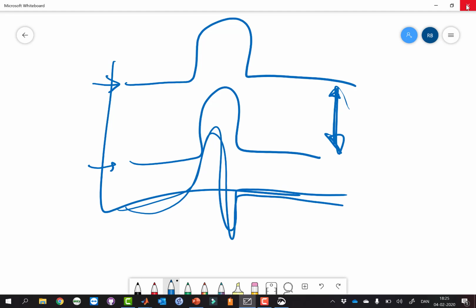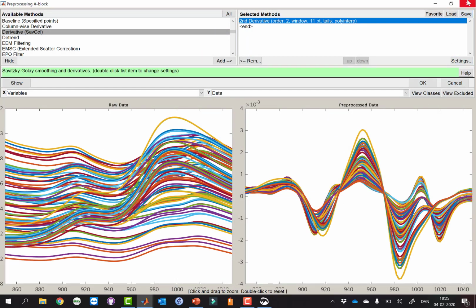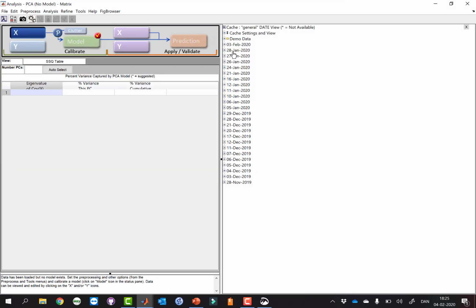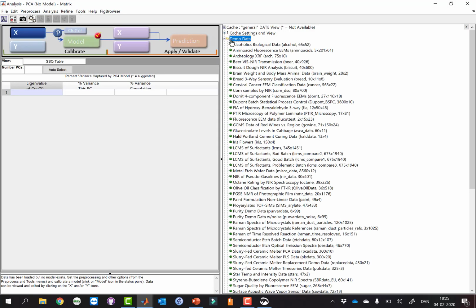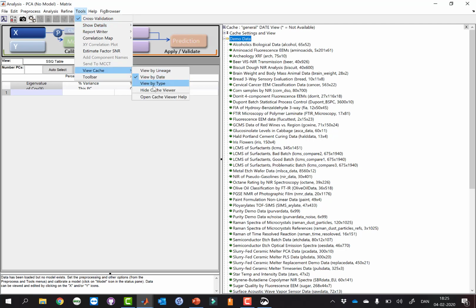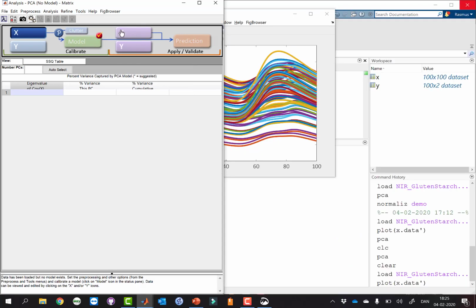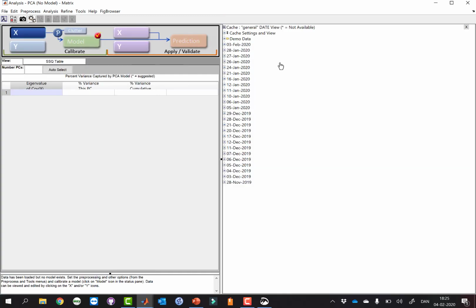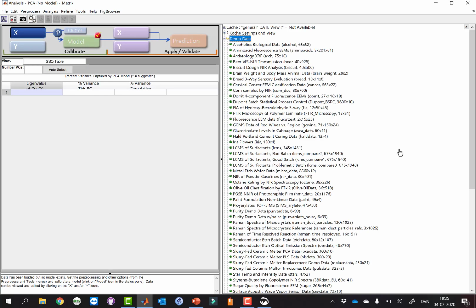Let's see if we can find an example of that. I'm gonna take another data set. I'm gonna use one of the demo data sets which you find here. If you don't have this shown in your PLS Toolbox, you can find it here. Let me just hide it now and say view the cache, typically by date, and it includes also the demo data. And what I want is Raman data.